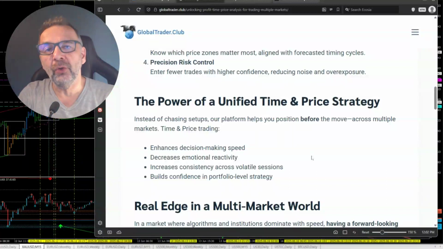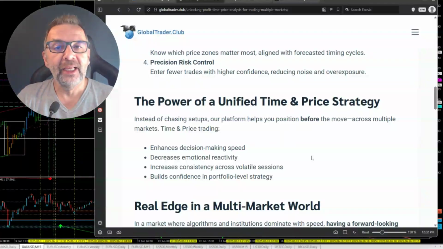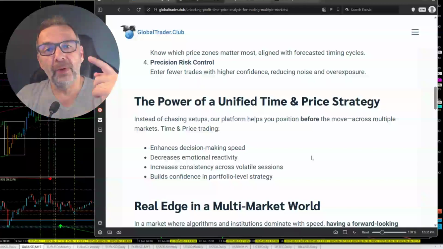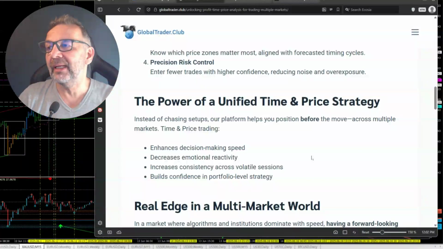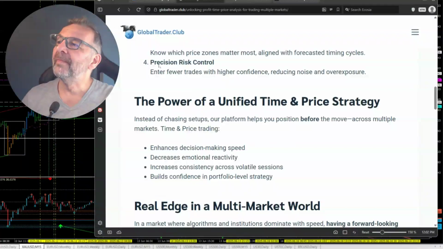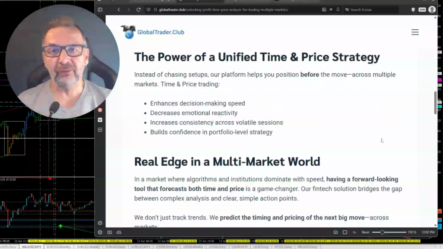Instead, we want to make sure if we're going to buy, we have a time and a price, and we can also wait for a U-turn, or on a smaller time frame, we could wait for the impulse and the pullback to enter that trade. So we've got a few options there, but this is really important for precision risk control, and we want to make sure we've got an edge, not just in trading with technicals, time and price, but also with our money